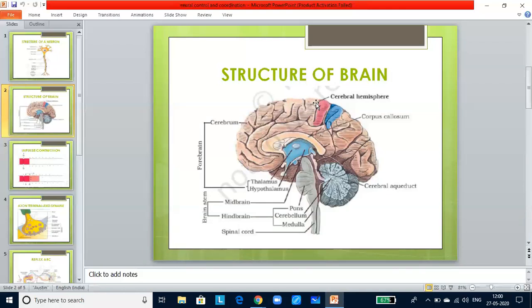Broca's area is present in the brain and it is related to speech, while Wernicke's area of the brain is related to understanding the speech. Hypothalamus deals with water balance in the body, behavioral patterns, sleep, stress, emotions, etc. It also regulates pituitary hormones and metabolism of fat, carbohydrate, and water. Midbrain deals with visual analysis, auditory impulses, etc.